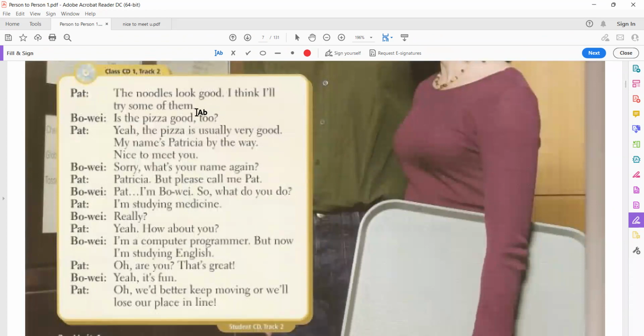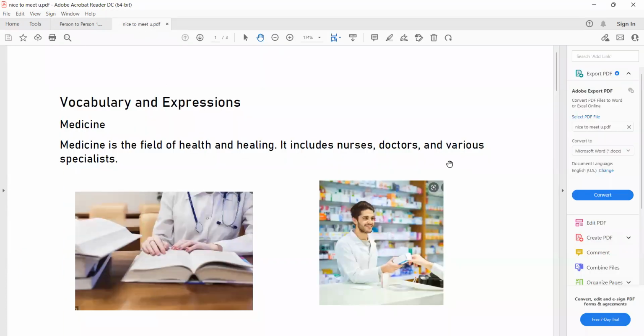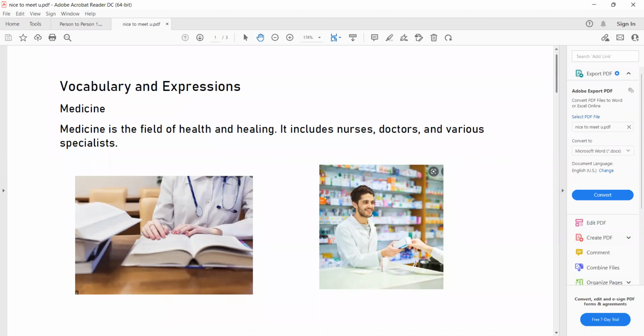Then here we have a text. This text is between Patricia and Bo. They are students who haven't spoken before to each other. They have never had a conversation together. And they meet in the cafeteria line. They were heading for lunch. They were grabbing lunch, and they just met in line and started a conversation. Now, before we get into the conversation, let's check some vocabulary that we will find in the text.